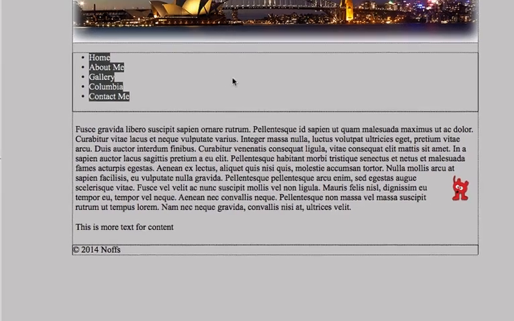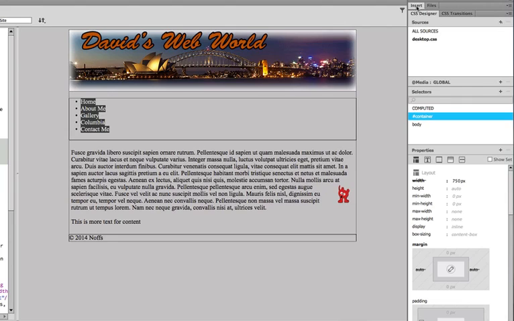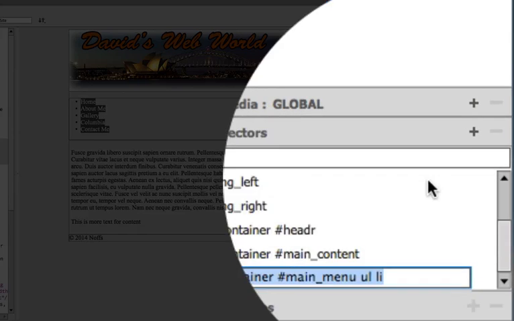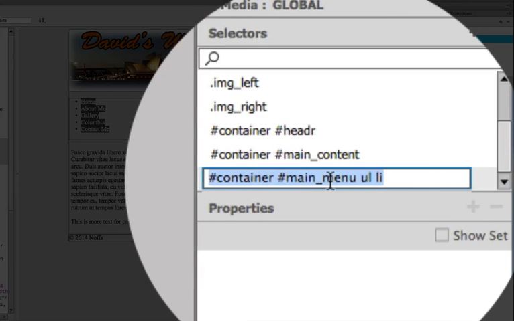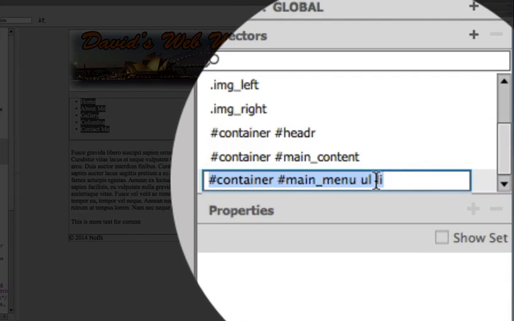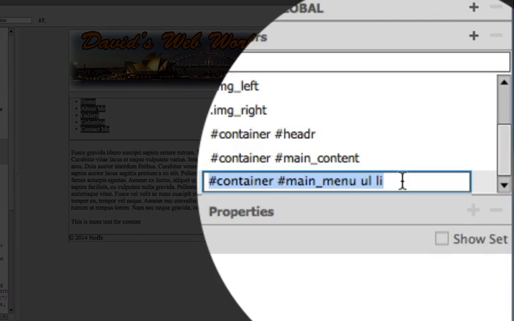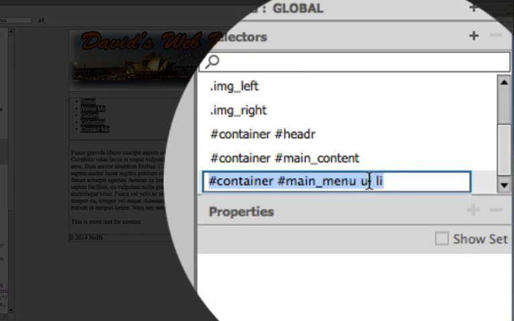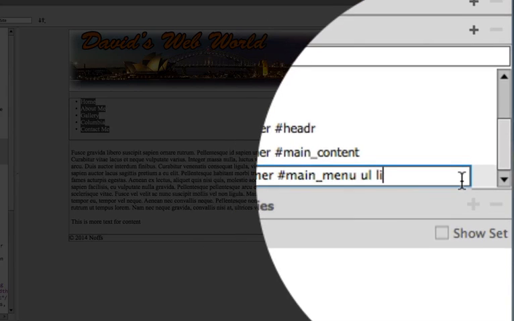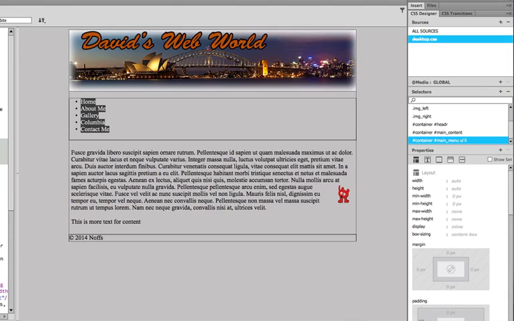So while it's selected, I'm going to collapse the insert menu and choose desktop CSS, selectors, click plus, and it already populates a rule that's container main menu UL LI. So you need to have all of those things in there in order to define this element correctly. At the very least, you need main menu UL LI. And then, so I'm going to leave it all like that. Hit return,